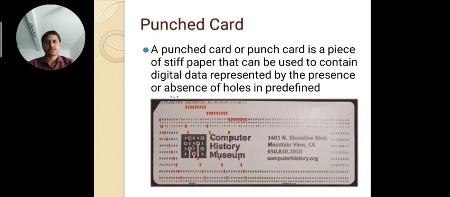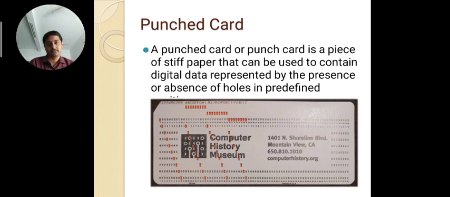Now a brief discussion on the punched card. The punched card was also known as the punch card. It's punch card or punched card, it is the same. They are synonyms of each other. It was a piece of hard paper, meaning it was not soft and not very rigid. It was a little bit hard paper that can be used to contain digital data represented by the presence or absence of holes